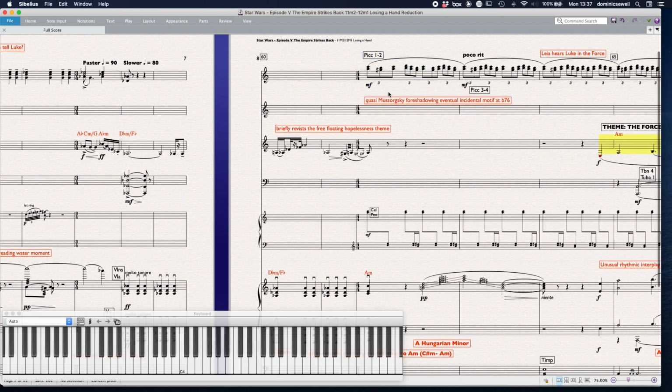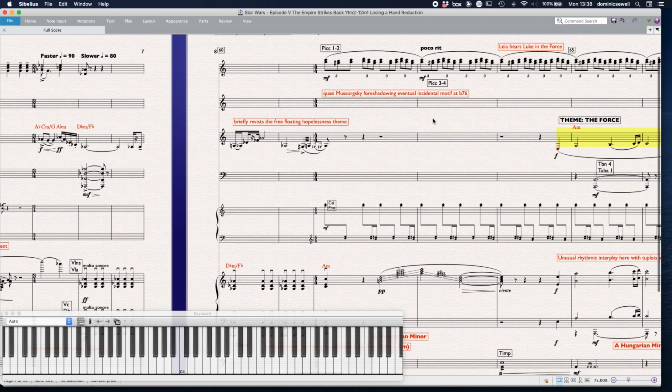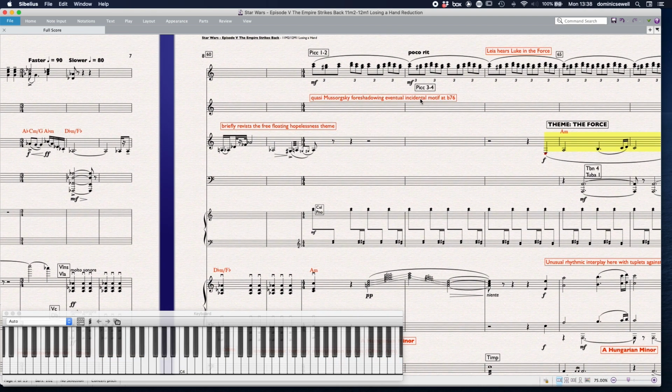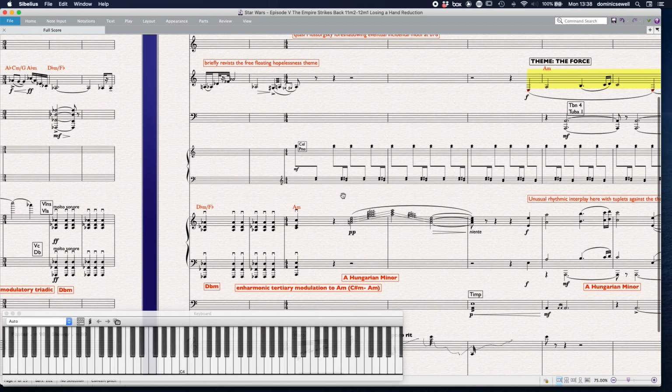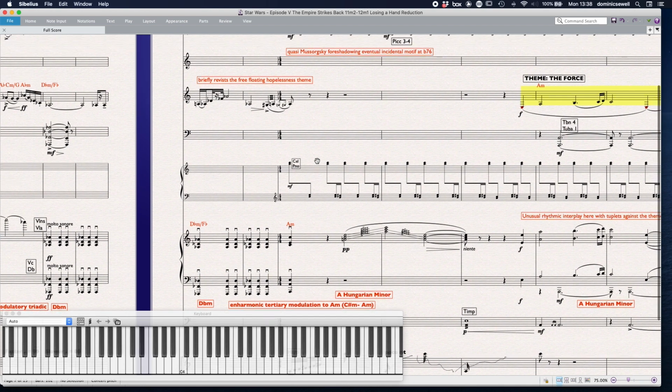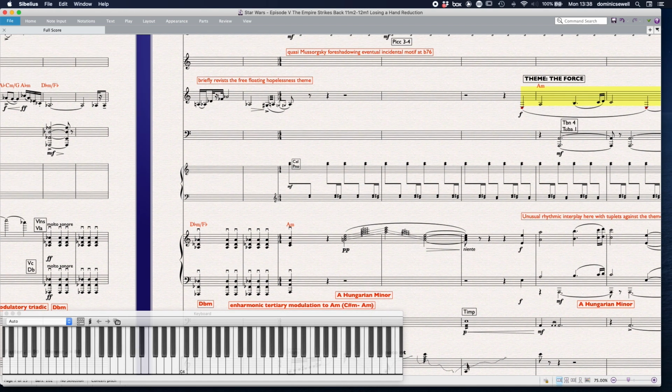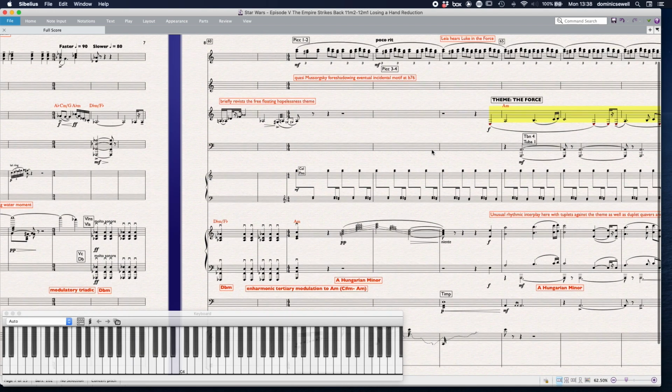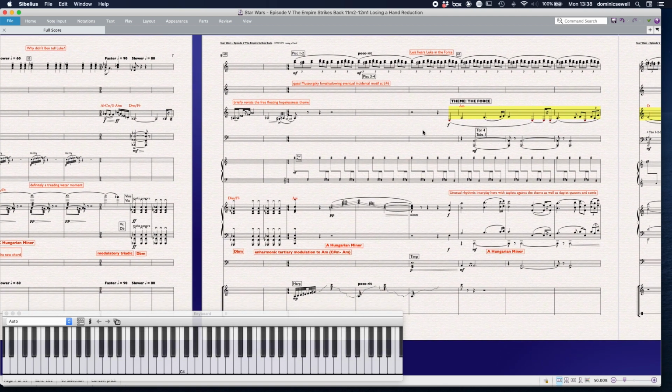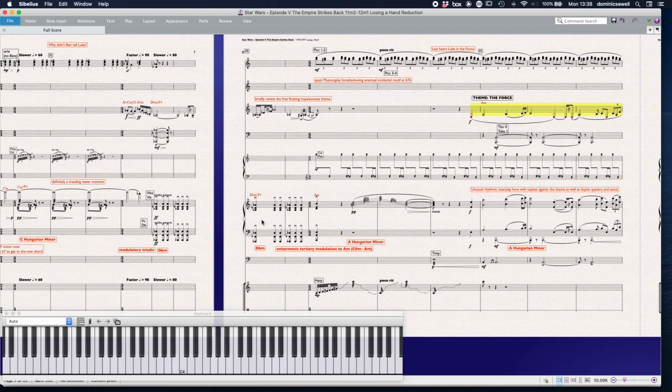So I call it that because it's that sort of Mussorgsky Night on Bald Mountain. So that preempts at bar 76, and we still get it here. But at this point, there's this sort of rather angelic little moment as Leia is sort of sensing Luke in the Force. You can see her eyes sort of glaze over slightly, and she's being rather distant. But it's a really extraordinary sort of moment how it goes